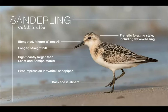They're running up and down the beach. They're chasing waves. They usually travel in small groups, and they bob their head when they scurry on the beach. Your first impression of this bird is that it's a black and white sandpiper with a lot of white on it. So when you see maybe 3 birds land at your feet when you're out at the beach with your family, and your first impression is, okay, that's a white bird with some black on it, the sanderling should be